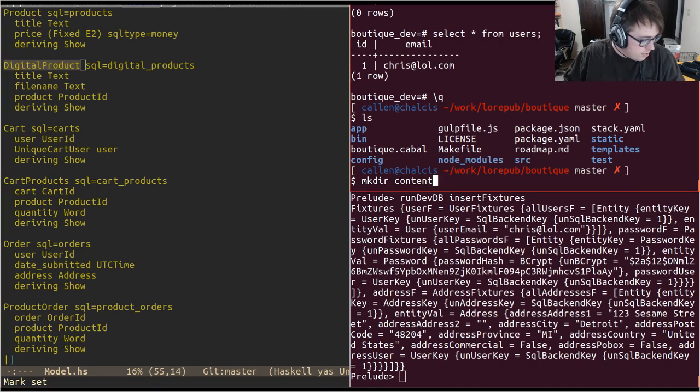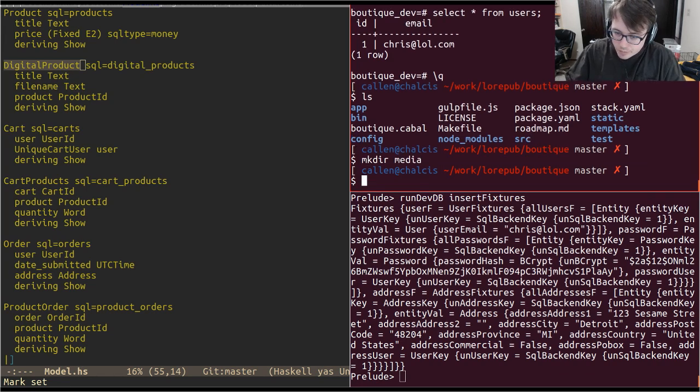Chat's suggesting shelf, media, documents. Media is actually better than content. Sorry to pick a winner, but I think media fits well. Okay, so media, and then